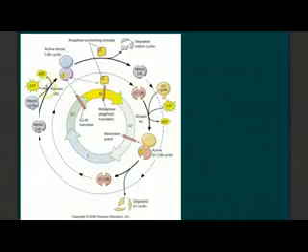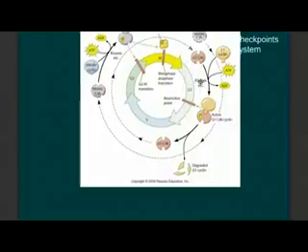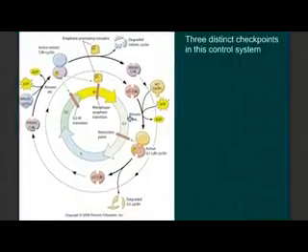Well, this is a diagram with a little bit more detail than most of us need. If you're in my advanced placement class, we'll talk about this in a little bit more detail, but basically what we're seeing here is that there are 3 checkpoints in this control system. Whoops, I did not mean to move that. Put that back. One of those checkpoints is in G1, the first gap phase,